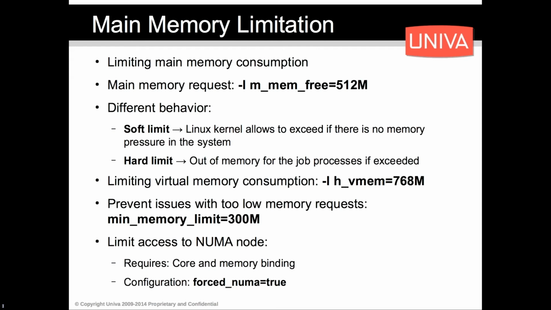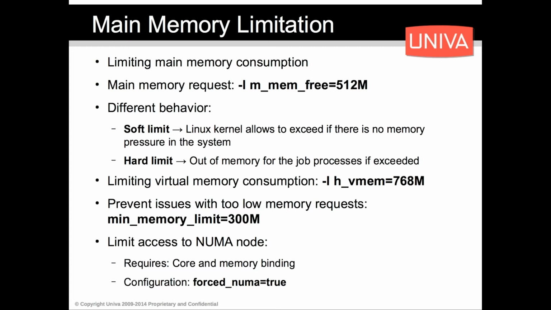In order to limit main memory, you need to request the mmem3 complex. This one was introduced in Altair Grid Engine 8.1. It is similar to the mem3 complex, but it is initialized automatically during installation. It is a consumable and at the same time it is reported from the execution daemon. Here the grid engine logic always takes the minimum into account